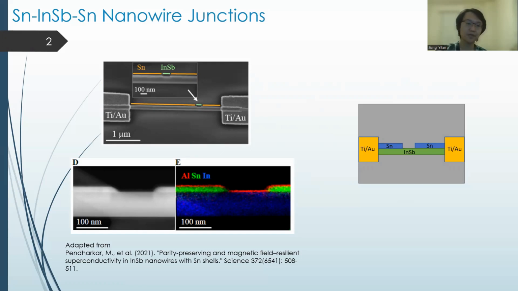If you look at figure D, there is a small window on the nanowire, and inside this window there is no tin left, but outside of it there is a layer of superconducting tin covered. By depositing titanium and gold leads onto this nanowire, we can fabricate